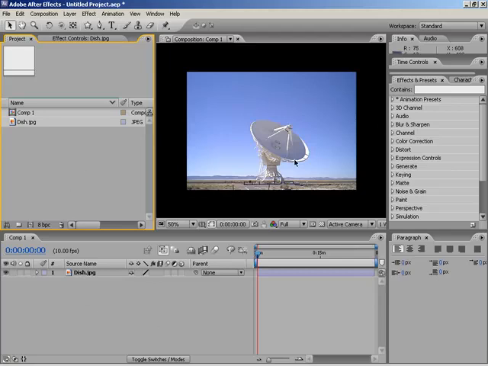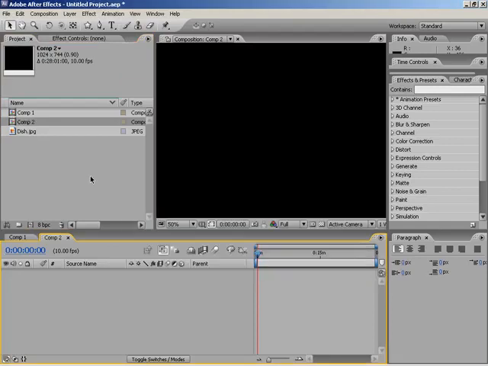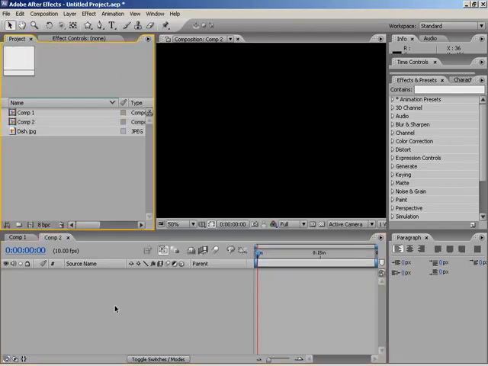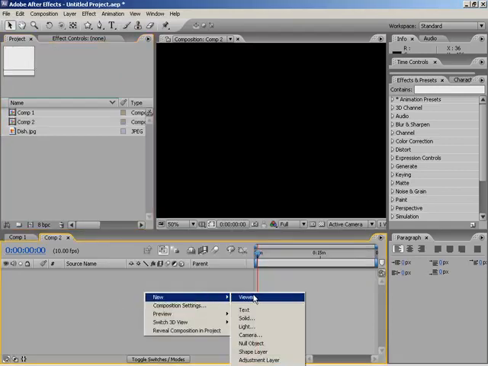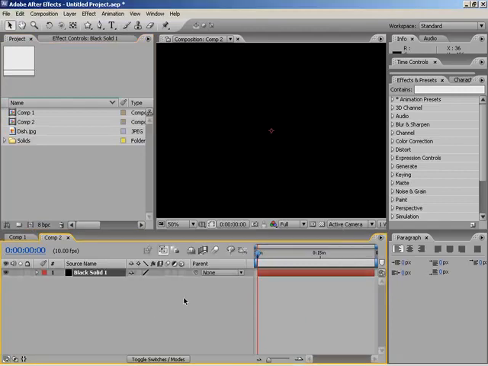I have this little radar dish that I plan to apply lightning and radio waves coming out of it at the same time. But I don't want to start getting all my special effects on the exact same layer of my composition with my dish. So what I'm going to do is create a new composition, just by default, and then in Composition 2, I am going to right-click and create a new solid, and I'll just do that by default also,